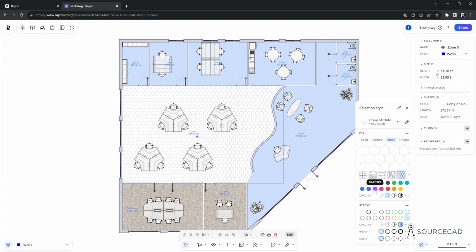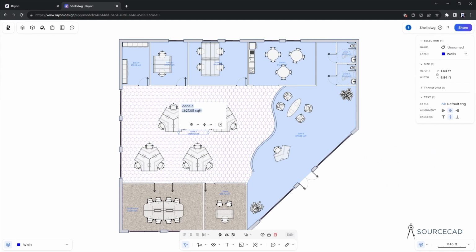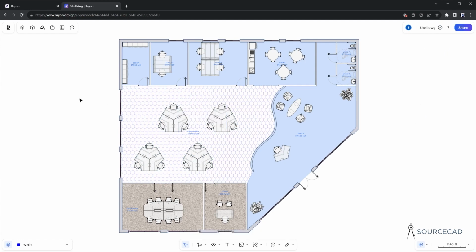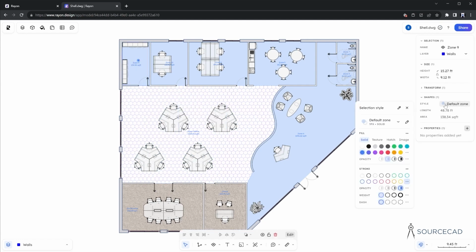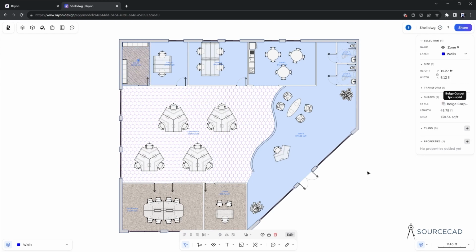I'll try this hexagonal pattern, and I'll also colorize it, and we can tone down the opacity of that by making a choice from this list. I will also click on the tag and call this Open Office. And then moving on over here, I will go ahead and change this to the beige carpet, and I'll rename